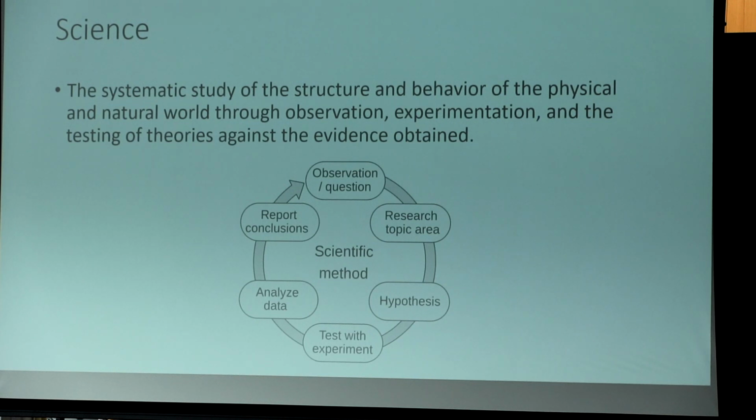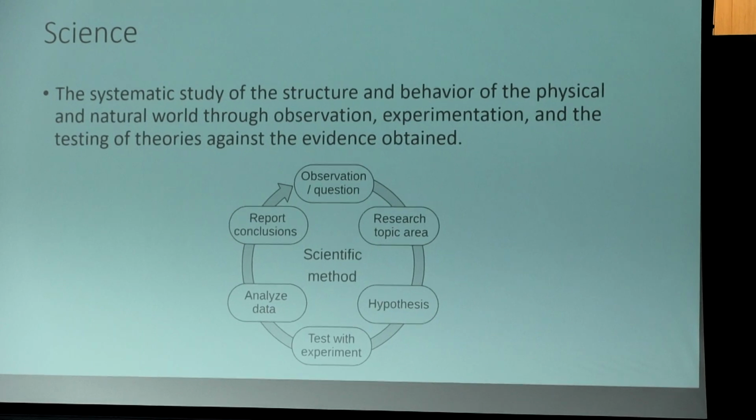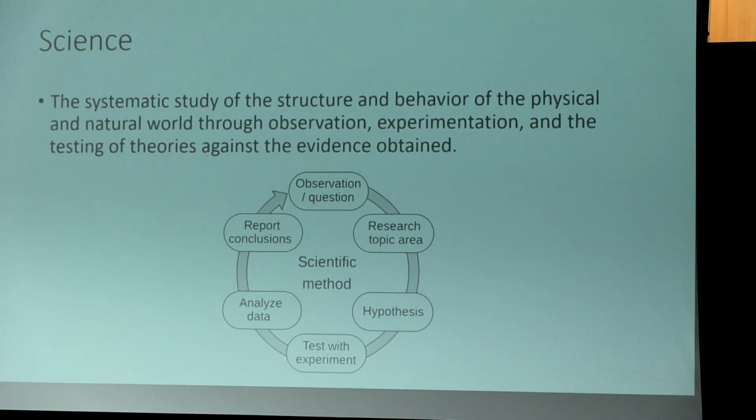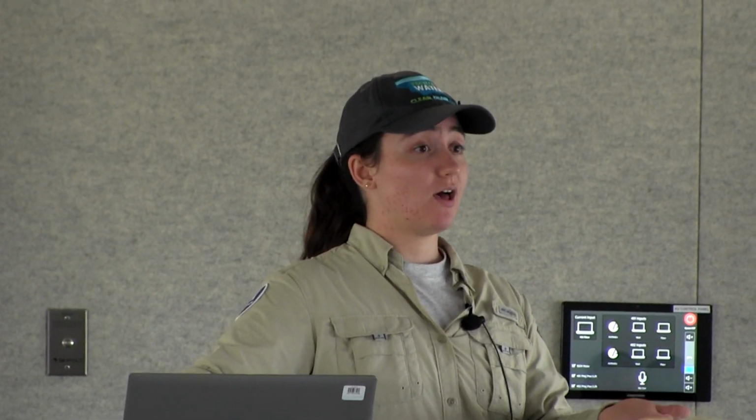So we see something, we say, what is that plant that's in the water? We research the topic area, such as getting a field guide from the FWP person who is currently at your library, who will be handing out field guides. And then we say, okay, maybe it is a type of pondweed. Cool, we test that. So we go out, we collect our specimens, and we compare it to either our field guide, or we bother Craig, who works at FWP, who's really good with plants, unlike me, and I text him often with my plant questions.